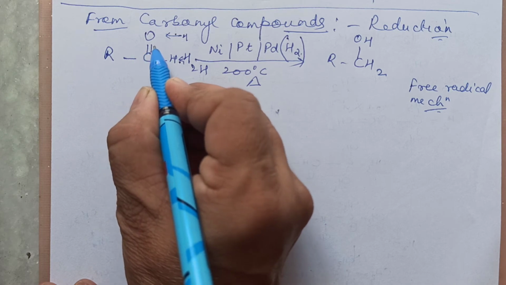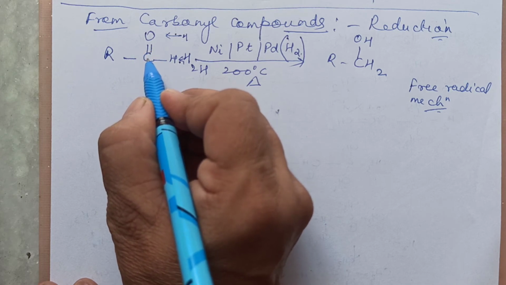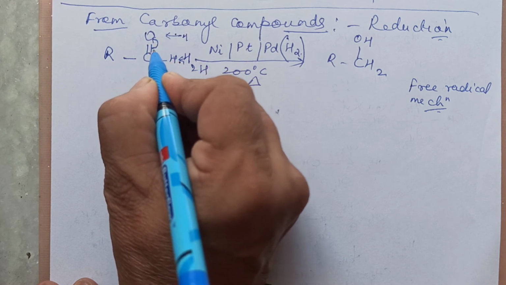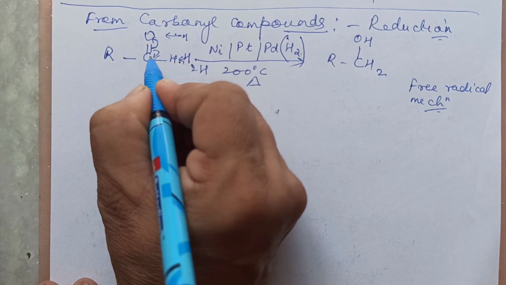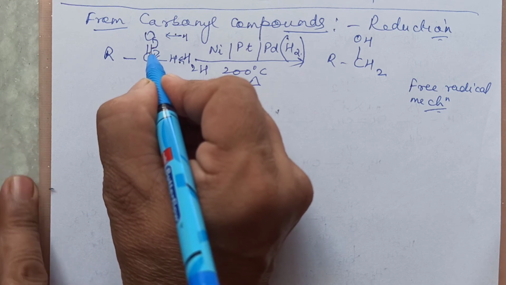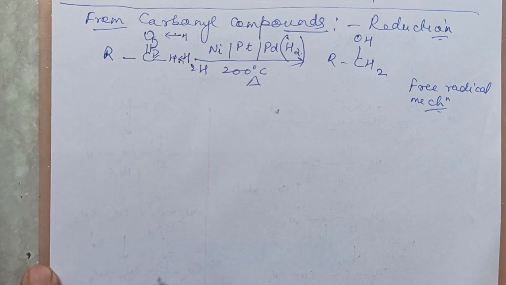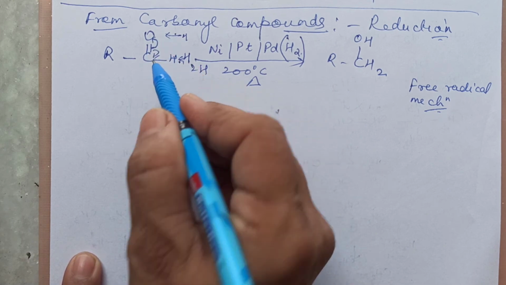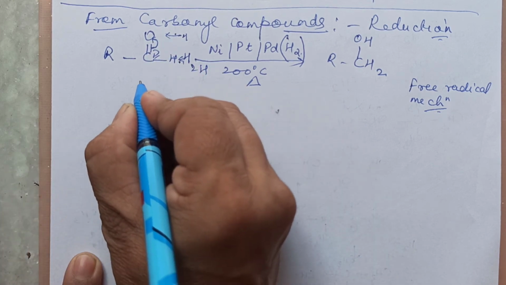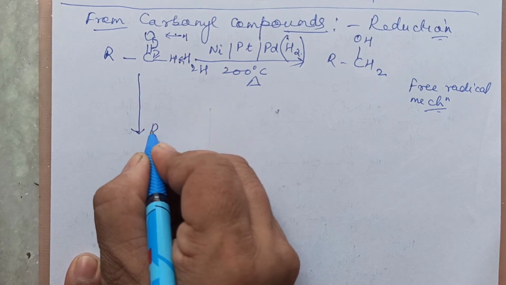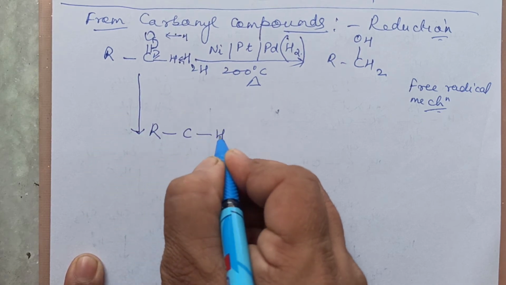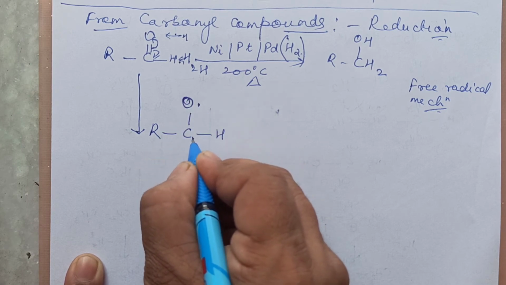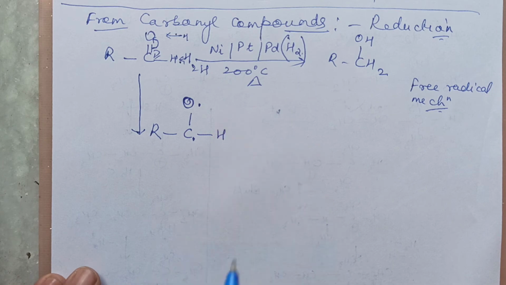There is a sigma bond and a pi bond. The pi bond is a weaker bond. It can break faster. So there is homolytic fission of this pi bond which is taking place. So one electron of the bond is going this side and the another one is going the other side, right? So what you get is a free radical here and here. So I will write down here what exactly has happened. R, C, H, O and one dot here, one dot here we will write. There is a free radical formed here.